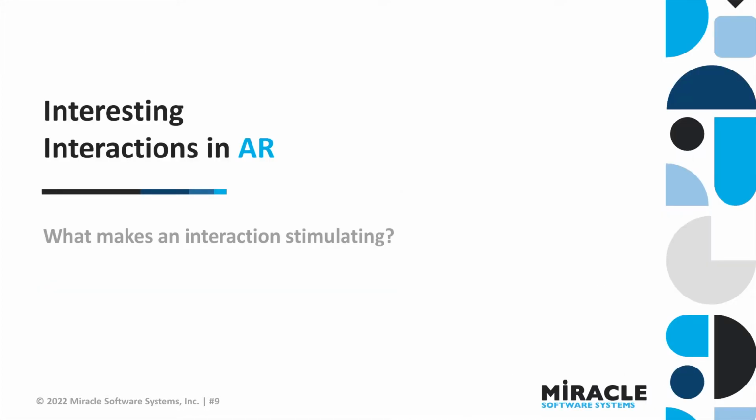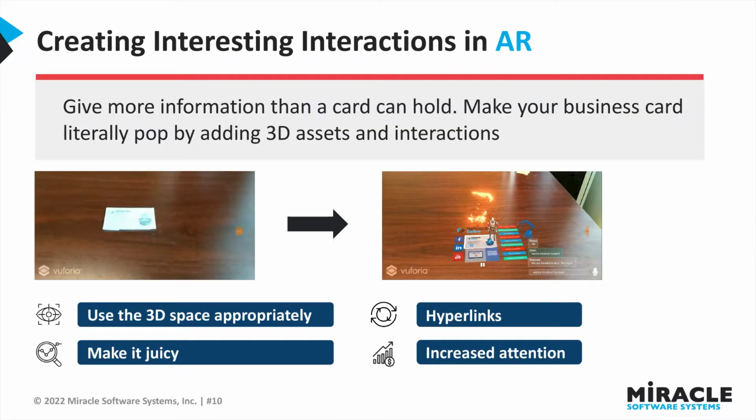So how do we make the business cards interesting? We want to give them more information than they can normally hold. Give them more visual appeal by adding 3D assets and interaction. So you can see here, the plain business card goes from just having a name, the company, an address, links to various websites, to our name displayed broadly across the top, colors that pop more vibrantly, even a video playing. And if that wasn't enough, we've also implemented IBM Watson directly into the business card. So you can ask your business card a question.